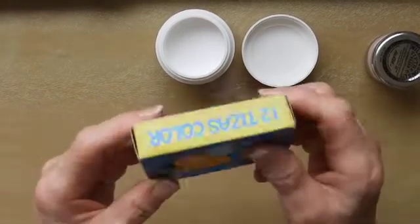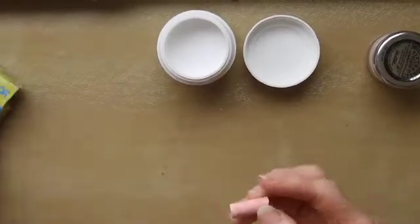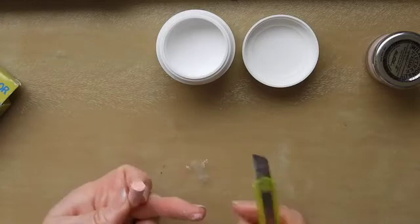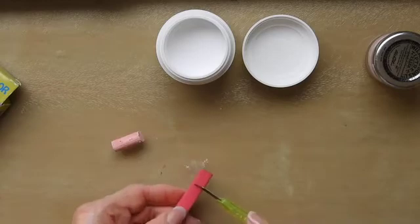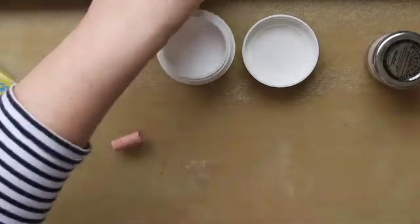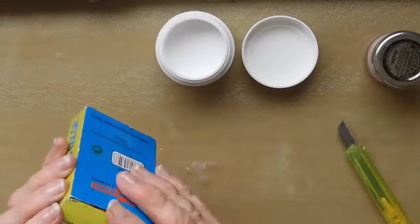I haven't tried it, but I imagine you could probably do the same thing with a set of children's chalks. So I'm just going to see how fine these powder up if I scrape them and see whether it looks like it would work. Yeah, no problem at all. In fact, that's really fine. No issue. If I scrape this one, I mean, apart from the fact that's a deeper colour, don't think there's much in it. So yeah, you might be able to find some chalks to do that with